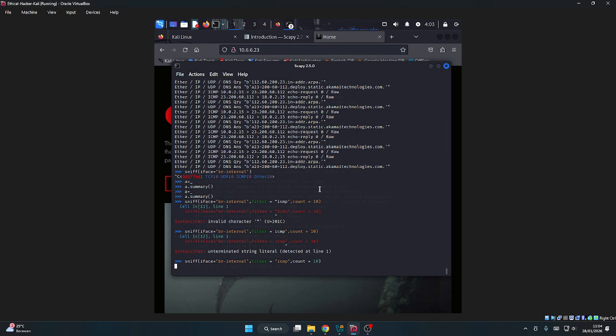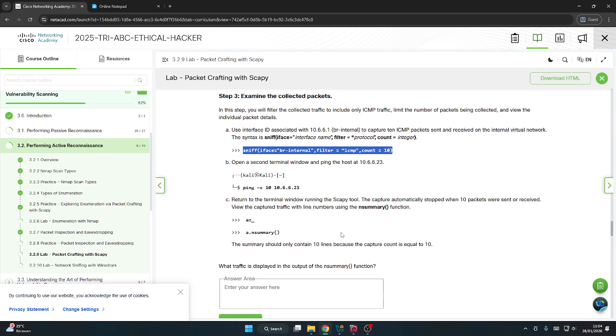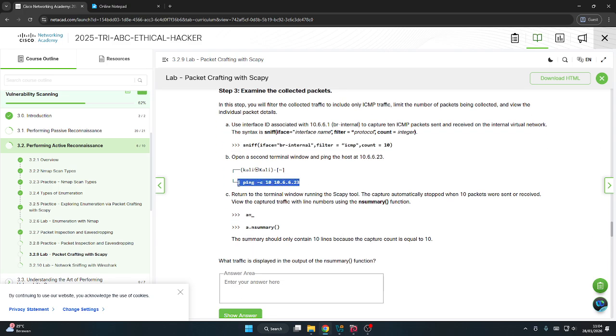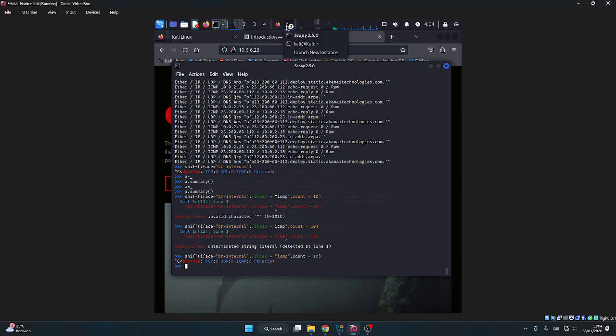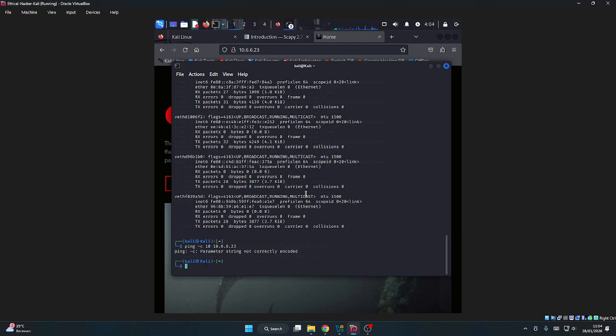We try to force the sniff again, but yeah, it still can't sniff anything because it takes a long time to get TCP, UDP, or ICMP orders, and we can try to ping. I think it will be successful.